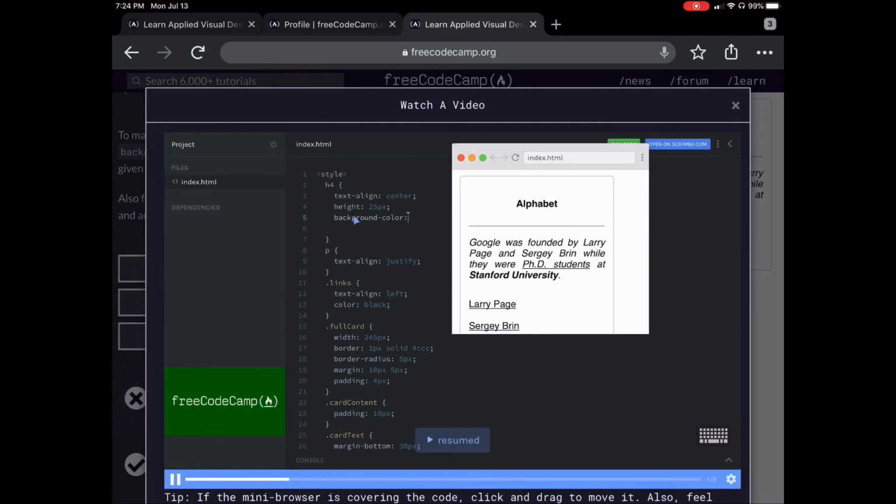We're not going to set it how we've done it before. We're going to use RGBA. So before we did RGB, and now this is RGBA. The R is red, green, blue, and then the